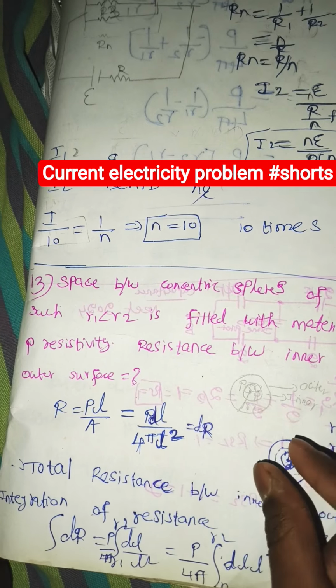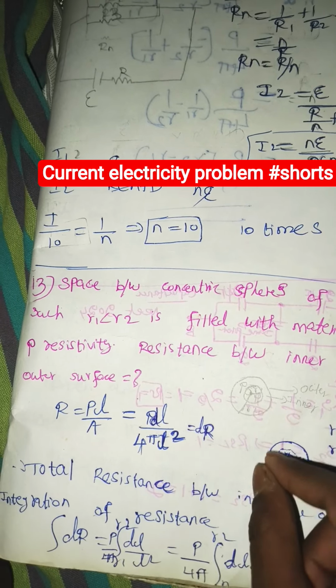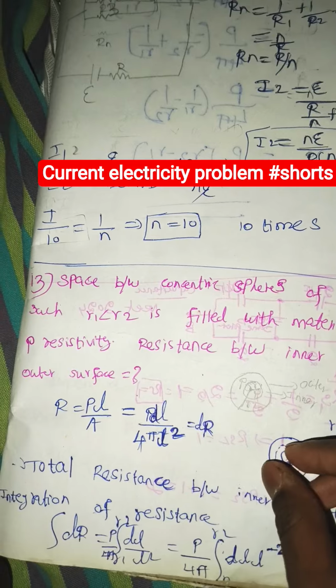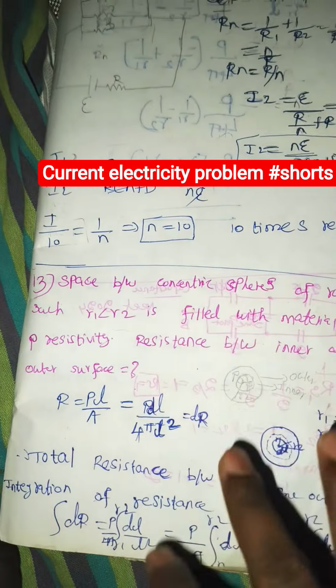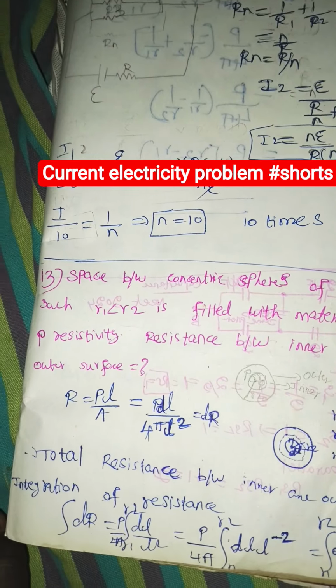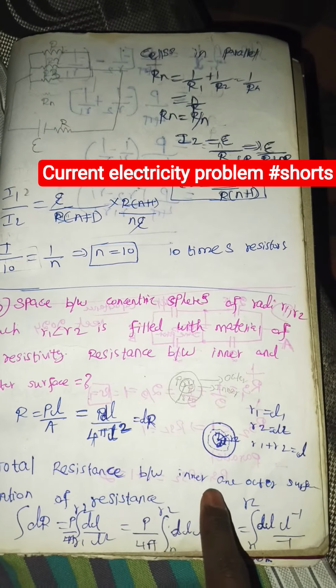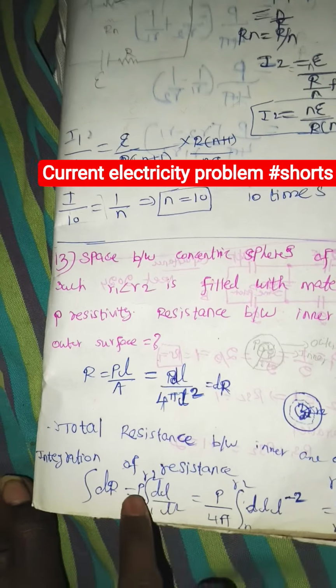and the small thickness is dr. First we find the small resistance, and then we integrate to get the whole resistance. The total resistance between the inner and outer surface is the integration of the small resistance dr,